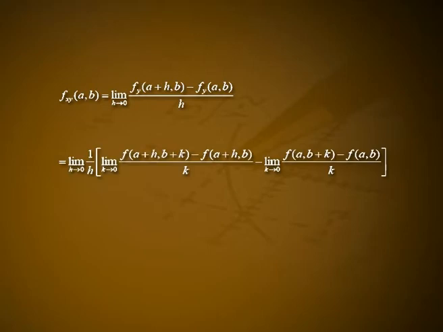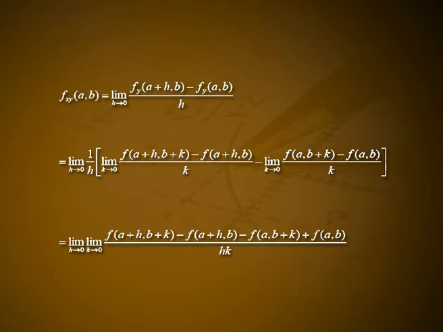Let us now see why fxy may be different from fyx at some point (a,b) of the region. Now, fxy at (a,b) is equal to the limit of [fy(a+h, b) − fy(a,b)] divided by h as h tends to 0, which is equal to the limit as h tends to 0 of 1/h into [the limit of (f(a+h, b+k) − f(a+h, b))/k as k tends to 0 minus the limit of (f(a, b+k) − f(a,b))/k as k tends to 0],